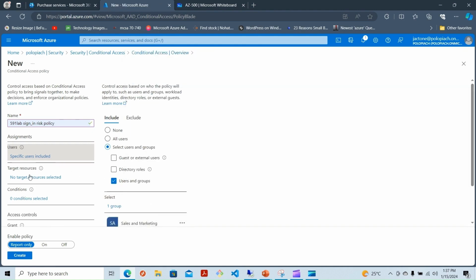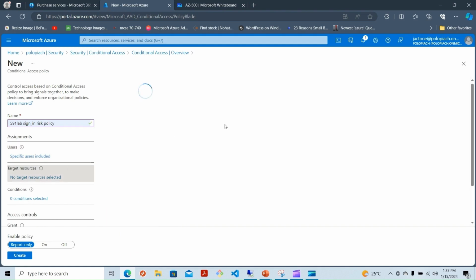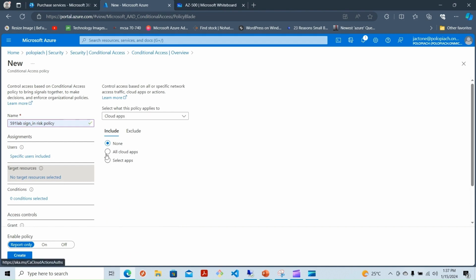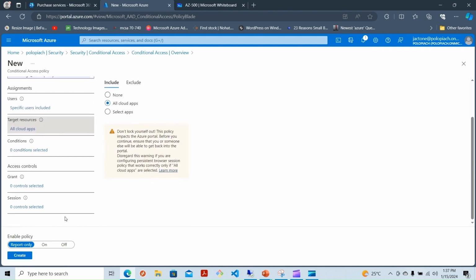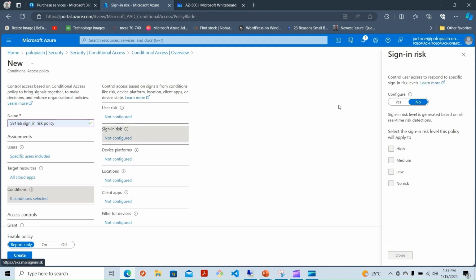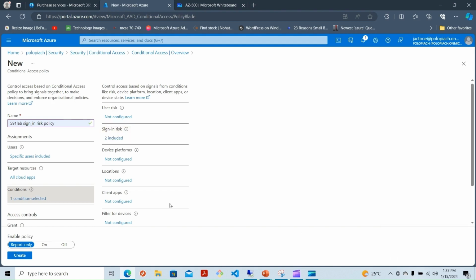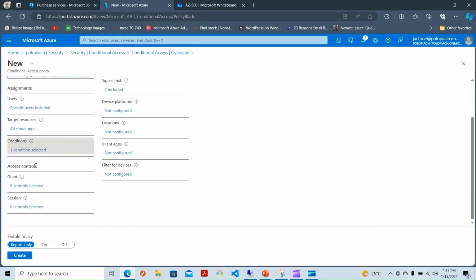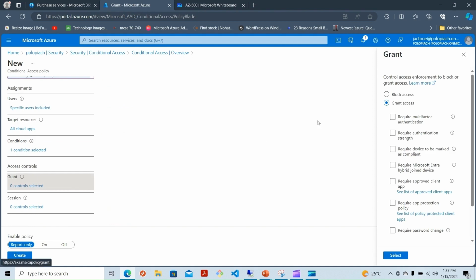Okay, then go to target resources. For the target resources, I say all cloud applications, and then I go to conditions and select sign-in risk. That's the condition needed. I say high and medium, done. Then I go to access controls and select grant access. If a high or medium risk level is detected, just grant access but